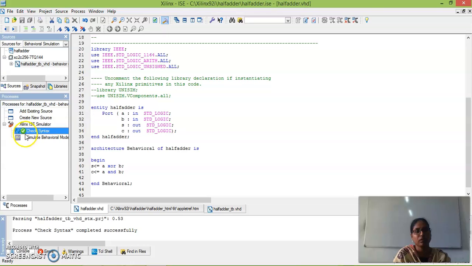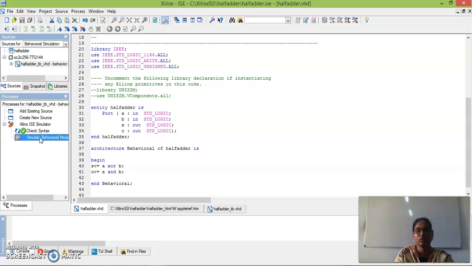After successful execution, it will give the green tick mark, and it will show check syntax completed successfully in the transcript under this program. So we need to see the waveform model. Click on simulate behavioral model. It will display the waveform.